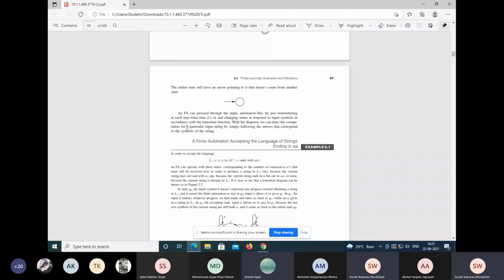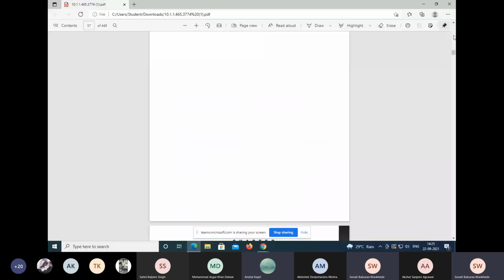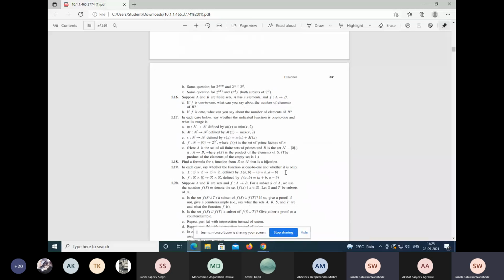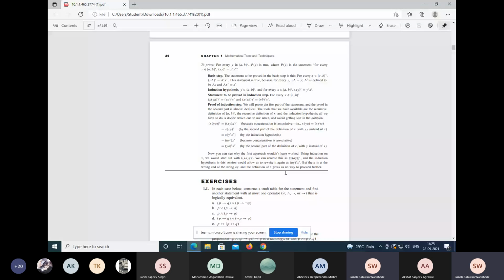Ma'am, if we can't solve the question? Try to solve it first. I think the truth table you guys are able to solve. The 1.3 is confusing. Is it 1.1 or 1.3? Two questions you gave now. 1.1 we did. 1.3 we can't. Okay. 1.1 is what we require, if you're not able to solve 1.3.